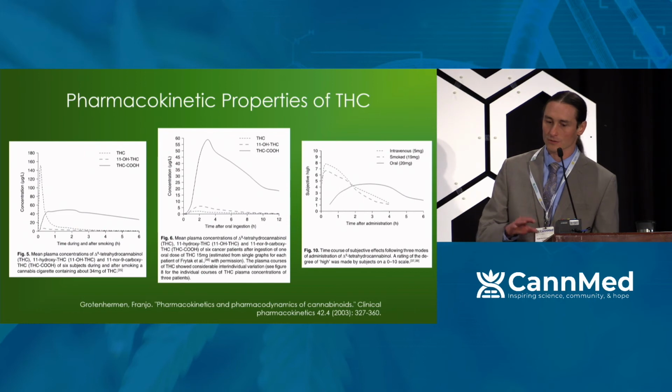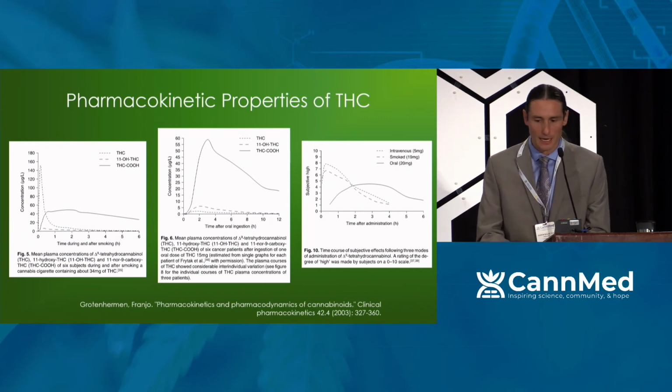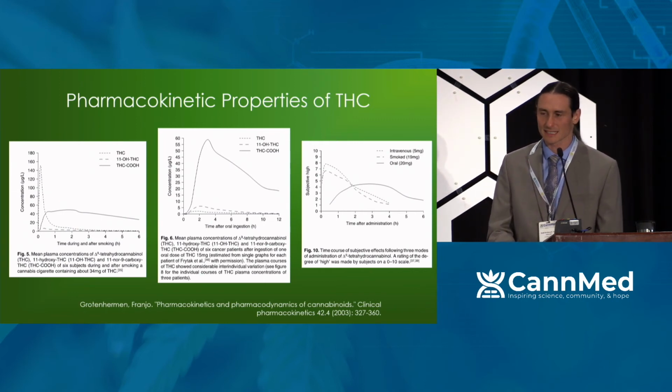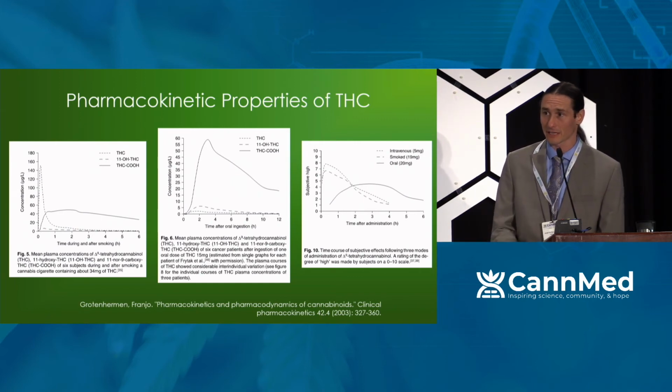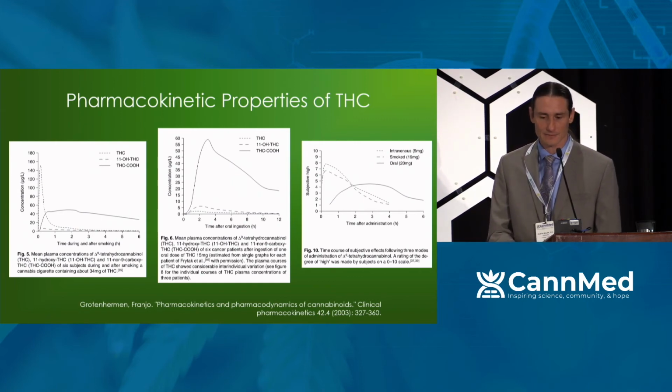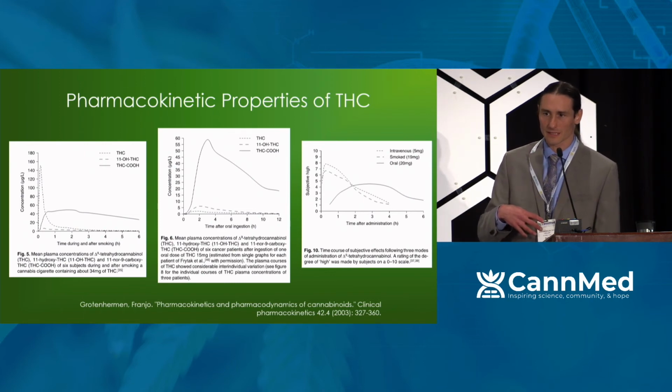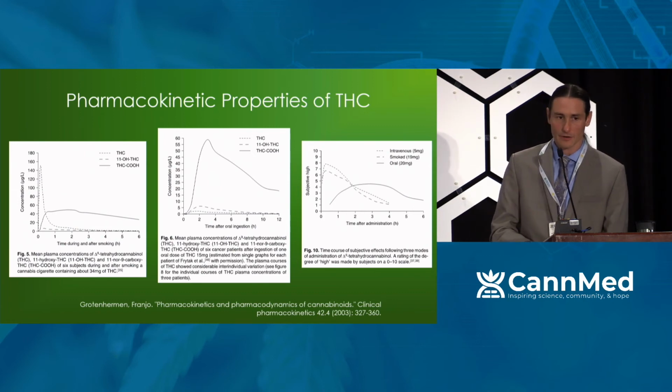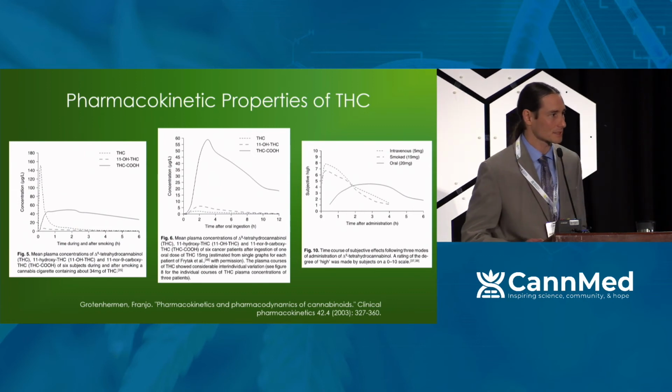Now, as we go over to the right, we have a different scale on the y-axis, so I just want you to note that. Look what happens when people take THC by mouth. The blood level of THC stays way down. Do you see it way down there at the bottom? There's a slightly higher level of 11-hydroxy THC, which is an active metabolite, and then we have this large quantity of the inactive metabolite. So we have low oral bioavailability and a lot of first-pass metabolism that really ends up making very low levels of these active constituents in the blood.